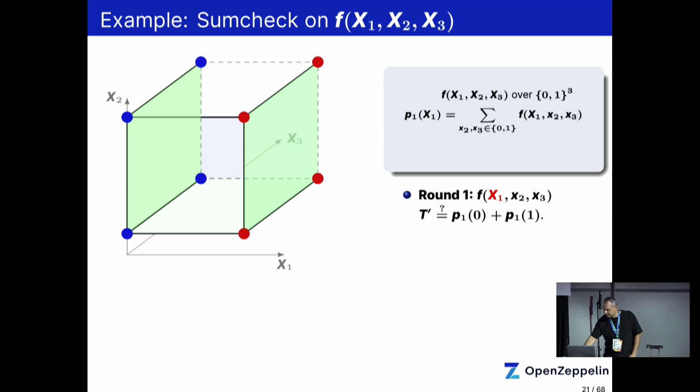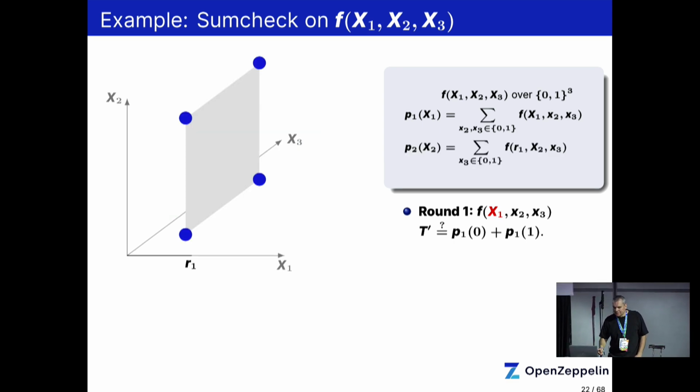But then the interesting part is that you collapse your dimension by 1. So from 8 points you collapse it down to 4. And how do you do it? It's precisely by fixing your polynomial P1 to some random value, R1, which means, again hypothetically, that you had this cube, but you also have a polynomial that can go not only through the values 0 and 1, but to any field element. And you exploit this to say, okay,